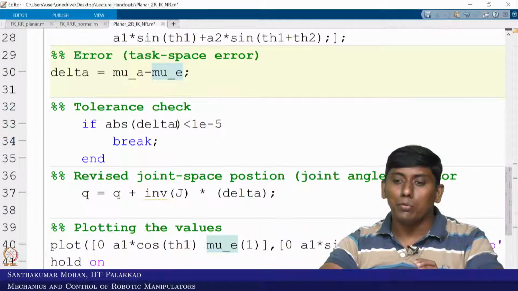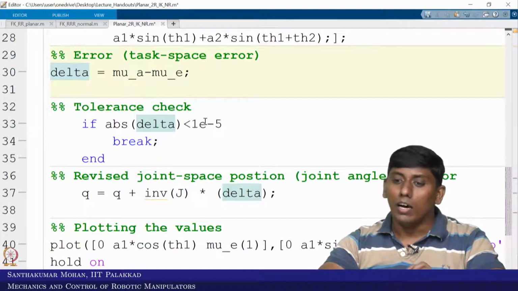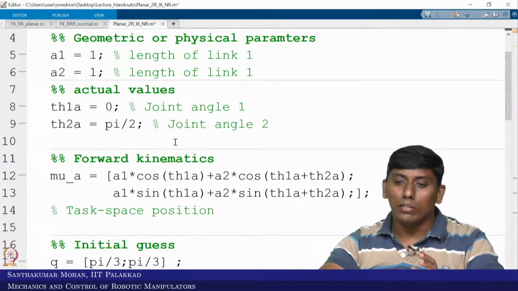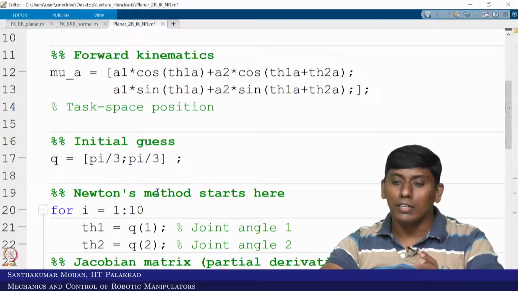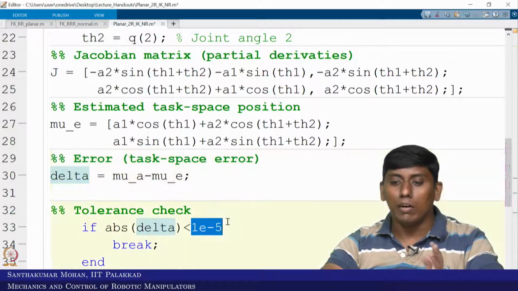Now I am putting a tolerance check, which is 10 power minus 5. So if the absolute value is less than or equal to 10 power minus 5, then you break the algorithm. Okay, break the code, in the sense stop and give the final result, otherwise you keep on going. Again, we have restricted the total iteration count to 10, right? In the sense, if this is not matching, it will run up to 10 and say that this is the final result, it is not matching. Okay, if this is the case, it will give the final match.